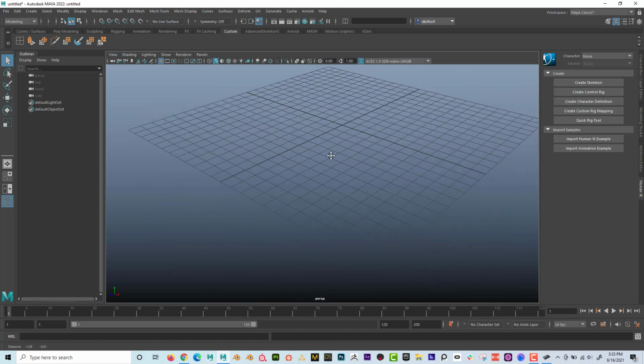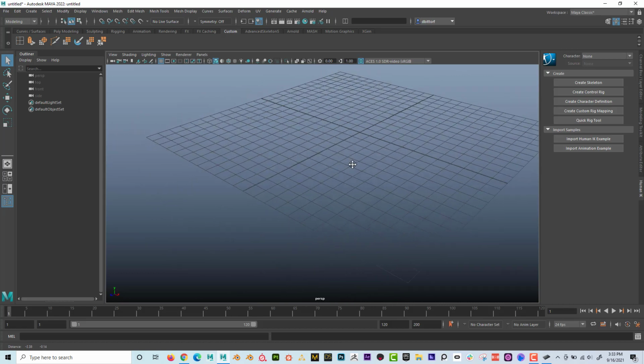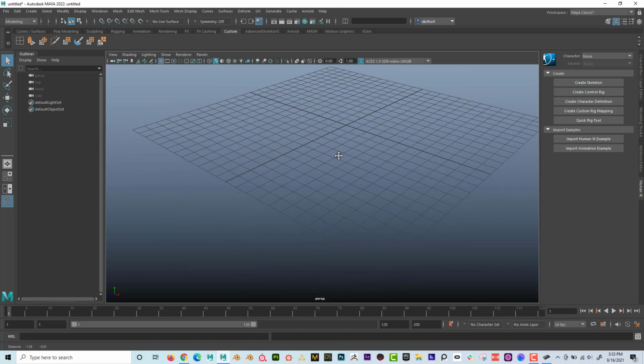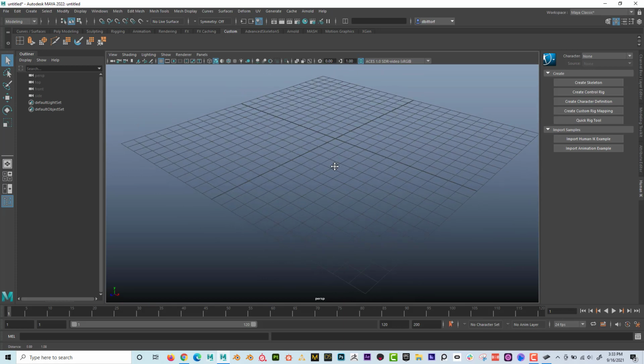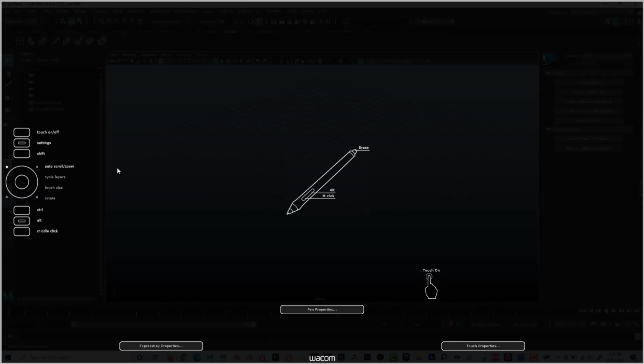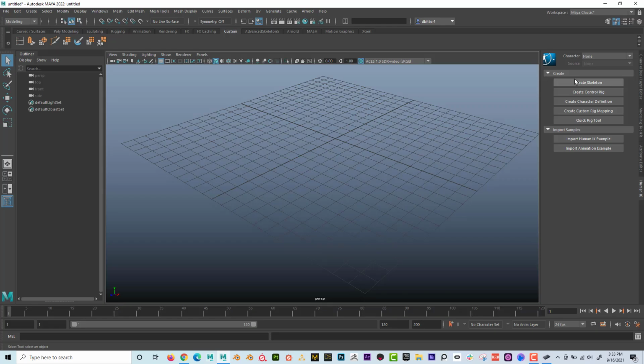So I need to use Alt and middle mouse together. So what I might do is program the side of my tablet. So these buttons over here, I'm going to program one of them for Alt, and then something here for middle click. Okay, so if I go back to my tablet settings,